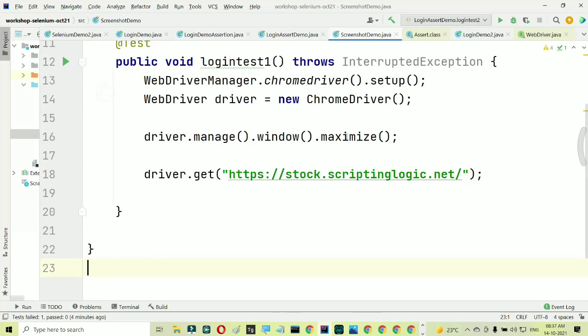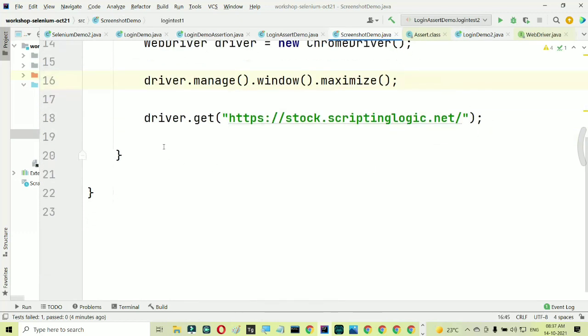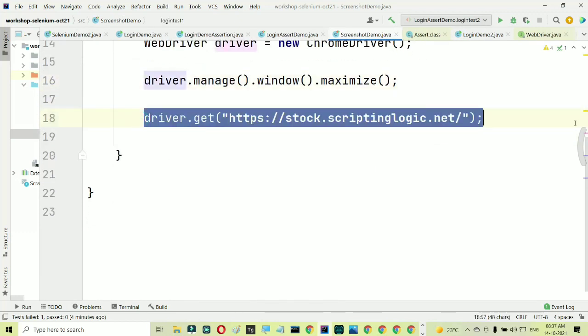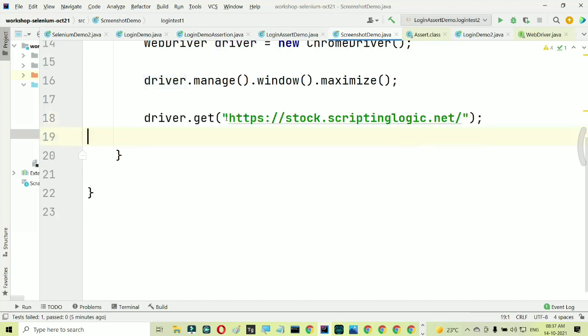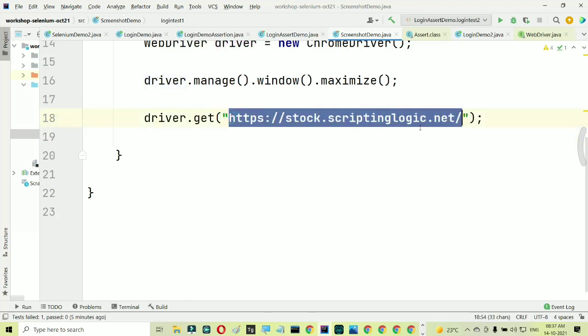So this code is up to opening the URL. The screenshot will be taken of whatever you have in your browser. This website will appear in the browser, and what we are going to do is take the screenshot of it.